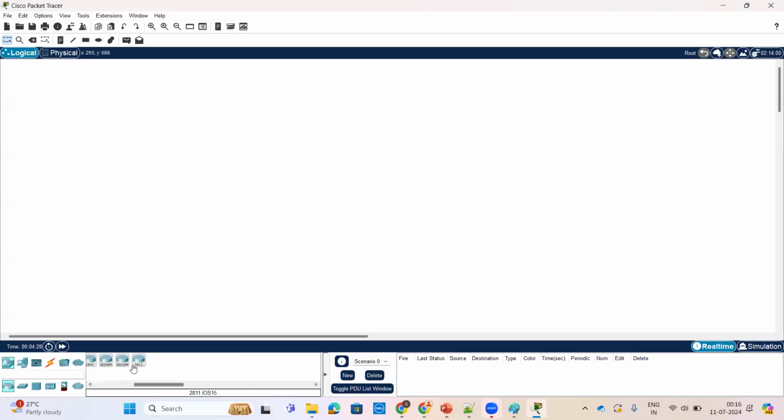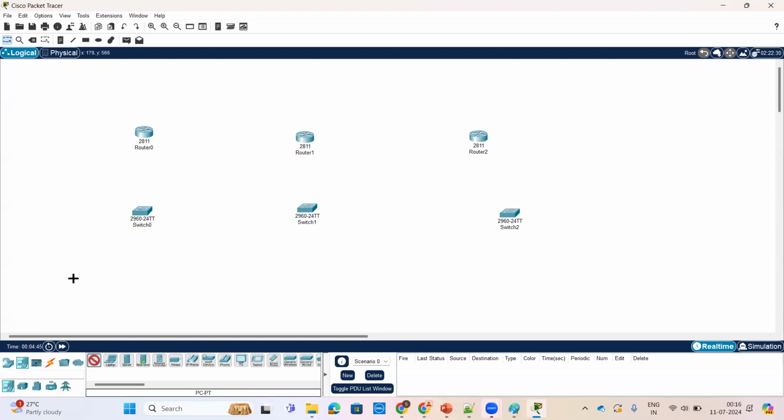So here I'm taking three routers. We'll configure RIP version 2, RIP protocol, and here our LAN network, and we have multiple users at